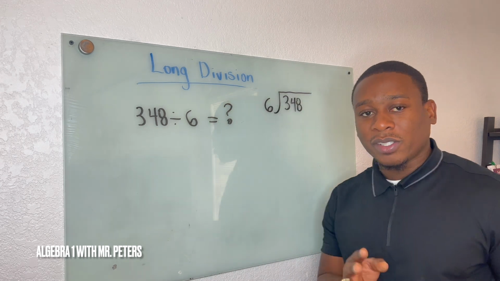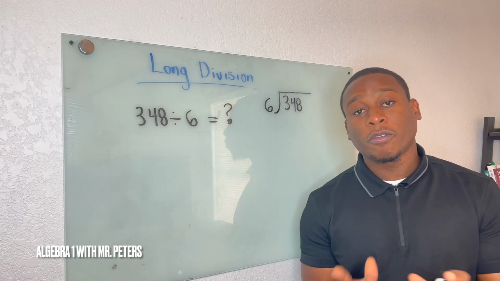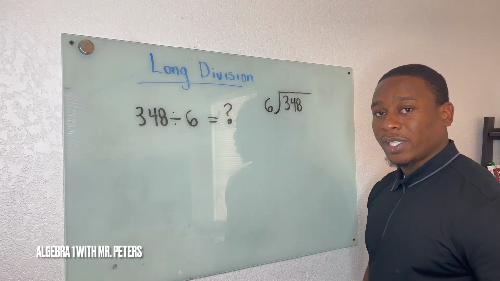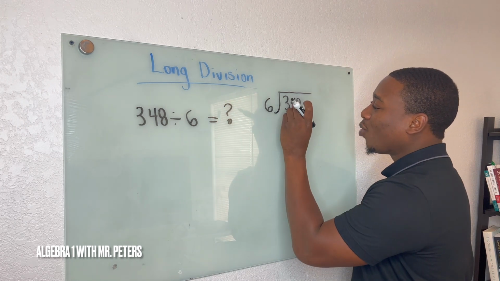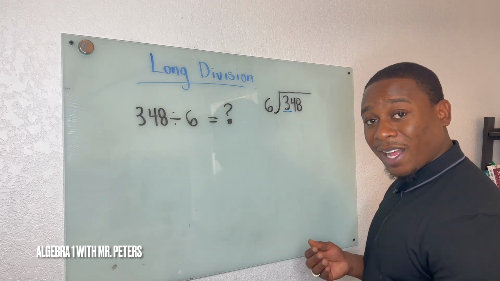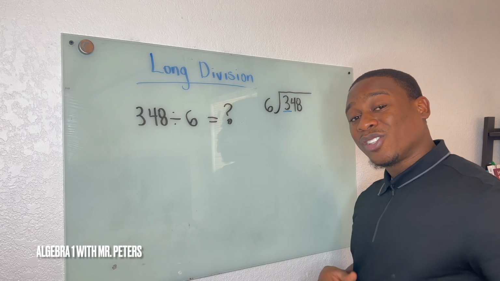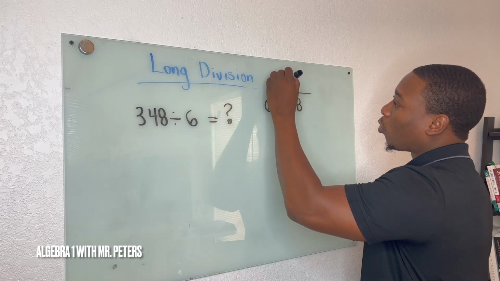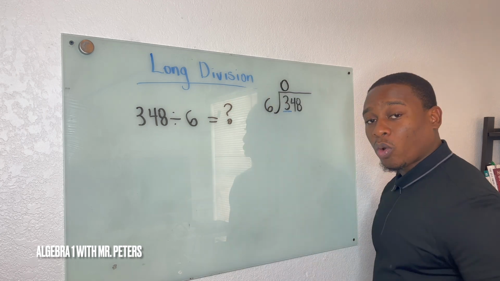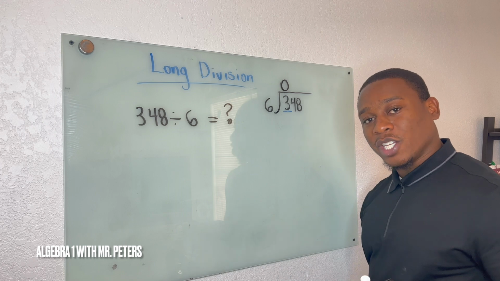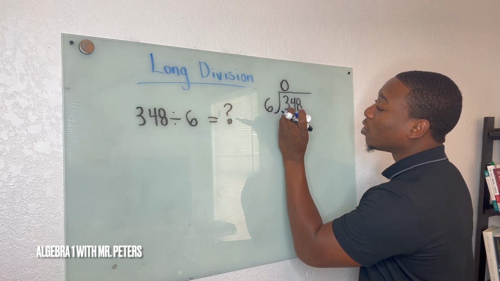So now how does this process differ from the first problem? Well, when we look at this first digit, everyone, we know we cannot divide 3 by 6 and get a whole number. So what we do in this problem is if we cannot divide, we're going to put a 0 over it. And then now we're going to go to the next digit. So what is the next digit? The next digit is going to be